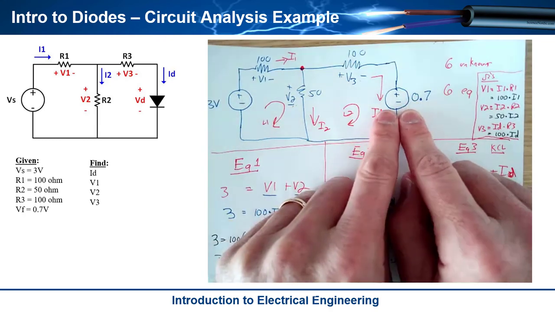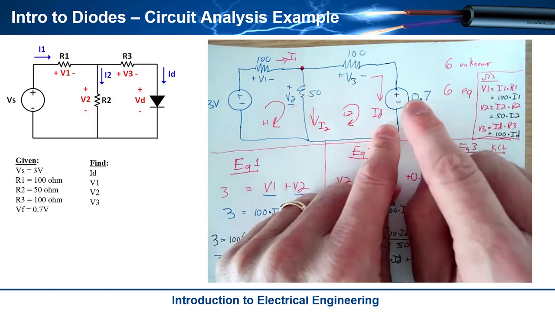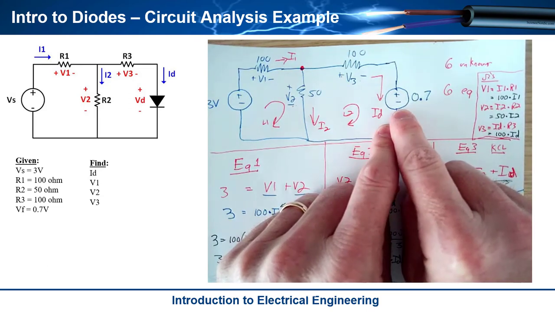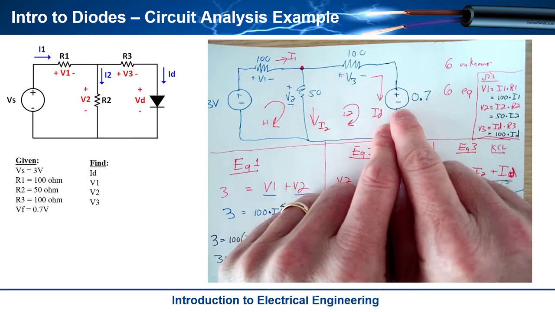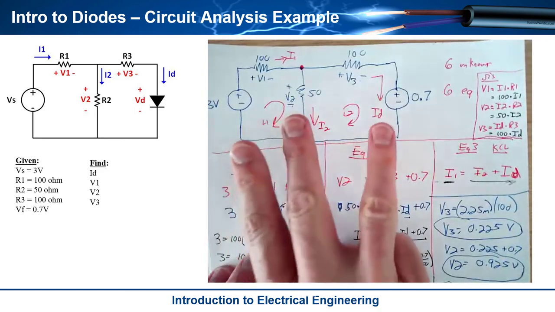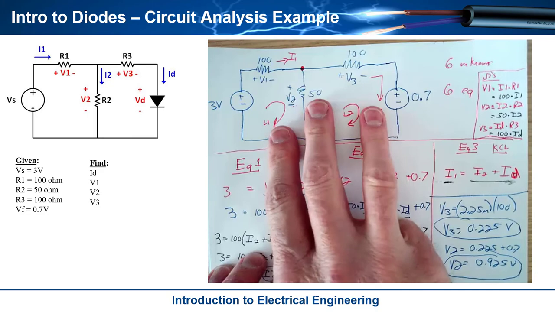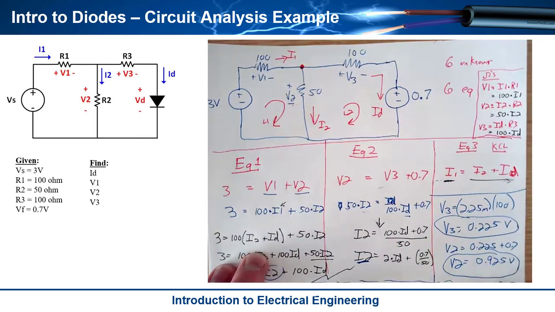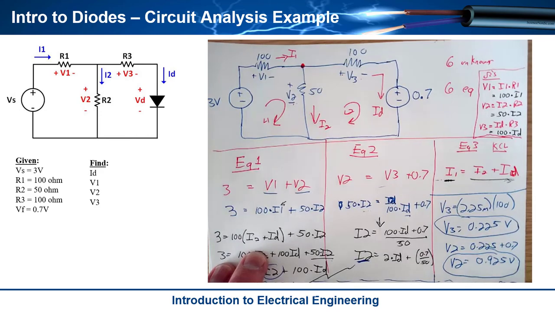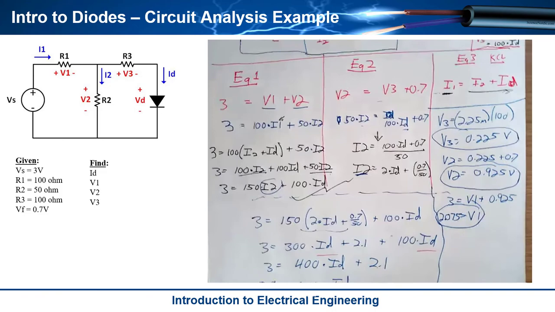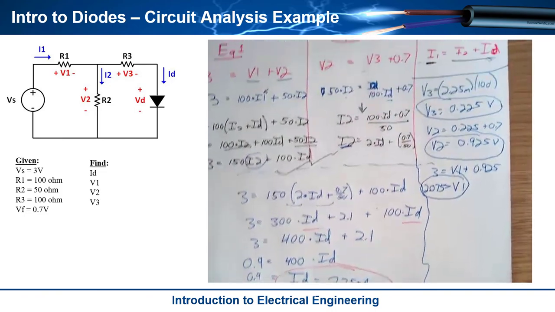So then that allowed us to put in the constant voltage drop model for the diode when it is on, meaning that we replace it with a 0.7 volt DC power supply. And 0.7 is the forward voltage spec of the diode. From there, we were back to our original resistor and voltage source circuits that we could then write equations using Ohm's law, Kirchhoff's current law, and Kirchhoff's voltage law to describe the circuit. And then it was just a whole pile of algebra that we did, and we